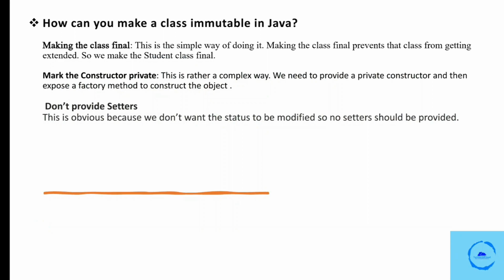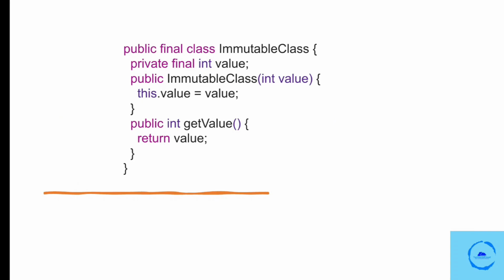Here we have an example. Let's break down the code and understand the structure and purpose. So we have created a class, the immutable class, and we have declared it as public and final. What does public mean? Public means that this class can be accessed from other classes. Final indicates that the class cannot be subclassed, ensuring that the immutability is not compromised by any potential subclass modifying